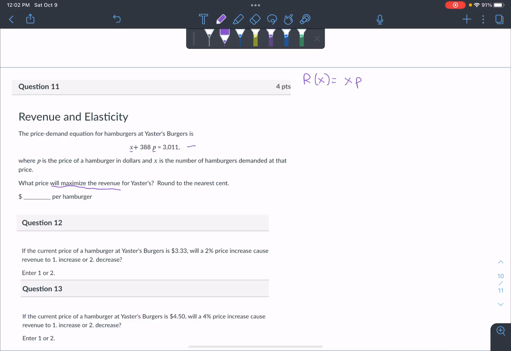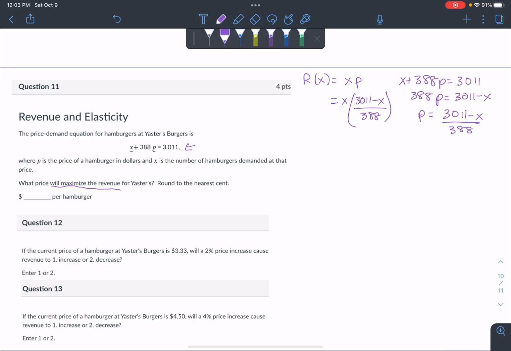So we need to solve for P here. So if I do X plus 388, P is equal to 3011. So I can quickly solve for P by just isolating it, and I get P is equal to 3011 minus X all over 388. And so my revenue is going to be X times this amount that I just found,